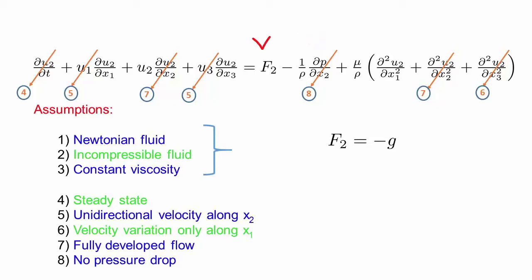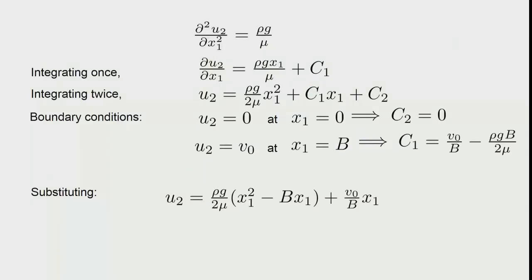So, you have got only this term and this term, okay, and this is already available as minus g there. So, that will get substituted. So, you can actually then integrate it twice. So, this is the solution, and when you integrate it twice you get two constants of integration c1 and c2, and these can be evaluated using the boundary conditions.